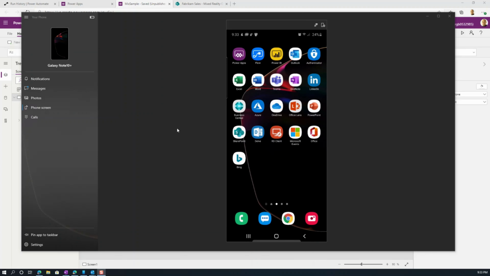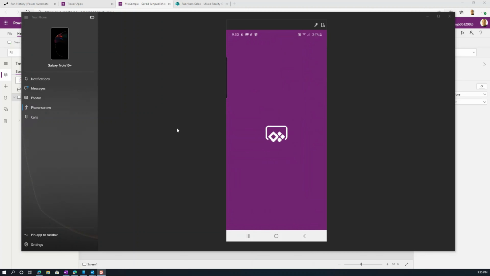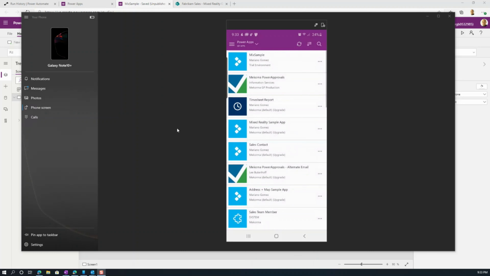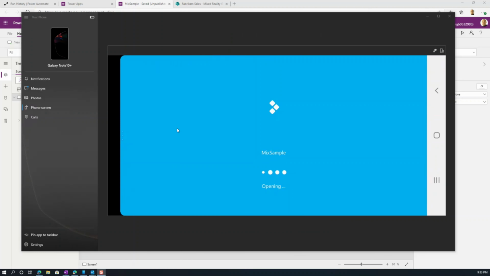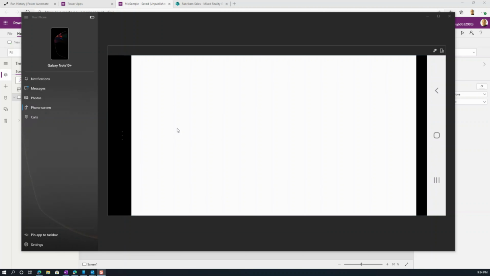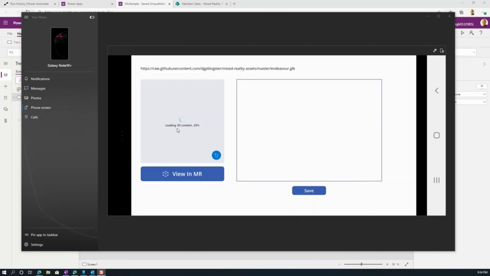Okay, the idea here is we have Power Apps and we are going to open my mixed reality sample app. So you might be asking, well, why do I actually use my phone for this? And that's because mixed reality applications require a compatible mobile device, but certainly not a camera that sits on your desktop. So the idea here then is if I choose to view this particular model in mixed reality,